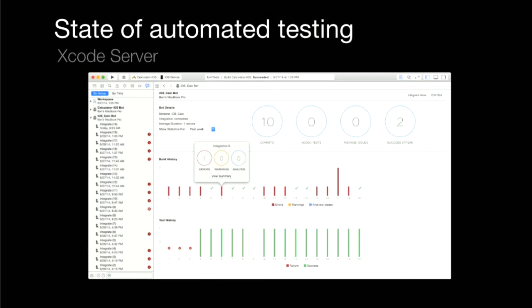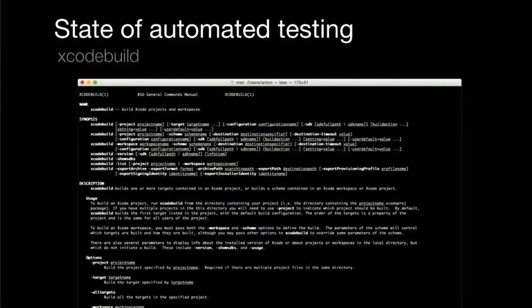We got Xcode server, which allows us to do continuous integration of your tests, have them running all the time, and make sure to catch errors from you and your team members. And if you're not into Xcode server, which has gotten some criticisms, you can use xcodebuild to run your tests on the command line and therefore set up your own continuous integration solution. Now,